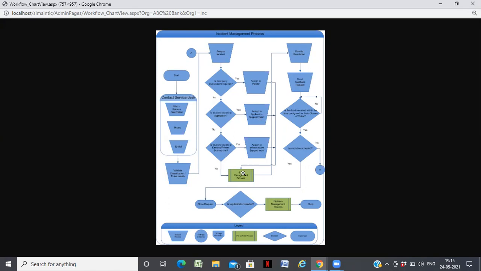And from here, the SLA management comes into place, and they provide the resolution and send feedback. If the feedback is accepted, the resolution is closed. Otherwise, they follow it up. And for incident, basically they give an immediate patch. If a permanent fix is needed, they raise a separate problem management ticket. So this is a workflow which we have created.